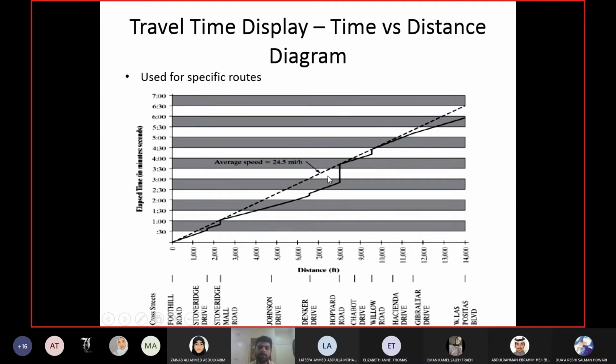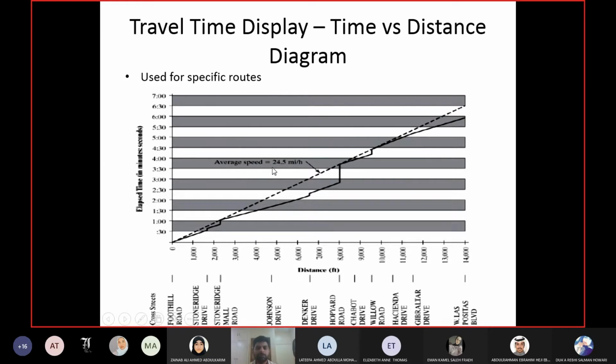Then how do you plot a line which represents average speed? Now, speed is distance upon time. Distance is on the x-axis, time is on the y-axis. So that means the slope of any line on this graph will be the inverse of speed, right? The slope will be time upon distance, and the speed is distance upon time. So the slope of any line on this graph will be the inverse of speed.